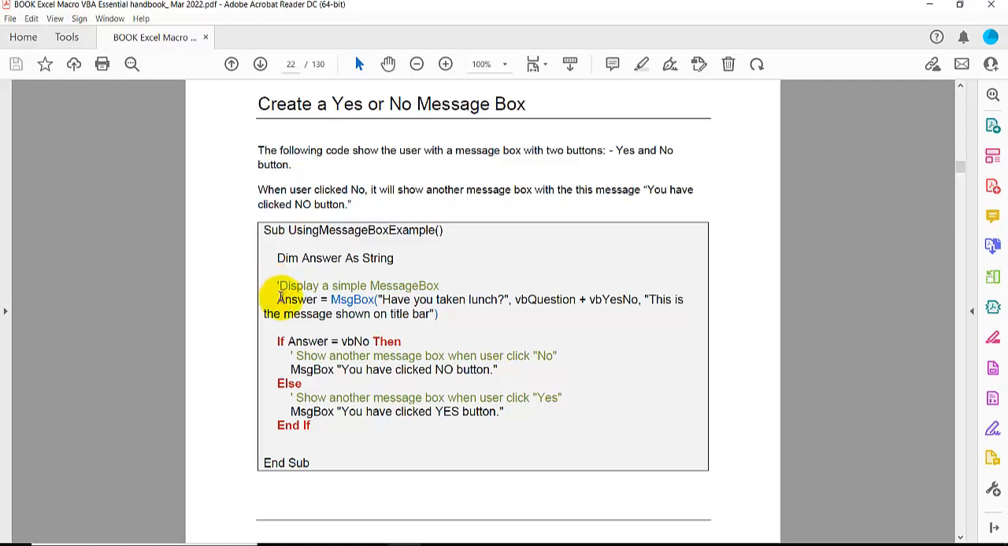So the code is like this here. There are two buttons, yes and no, because we have a setting here, vbYesNo. So when the user clicks no, it will show a message saying you have clicked no button. And of course, if you click yes, then it will show the yes button. So that is the preliminary understanding, and from here my student learns message box and if, then, else,